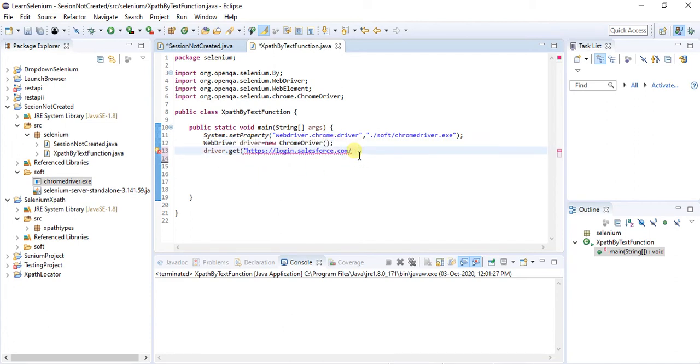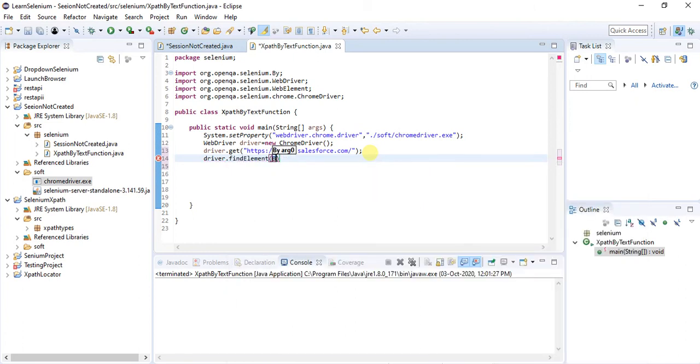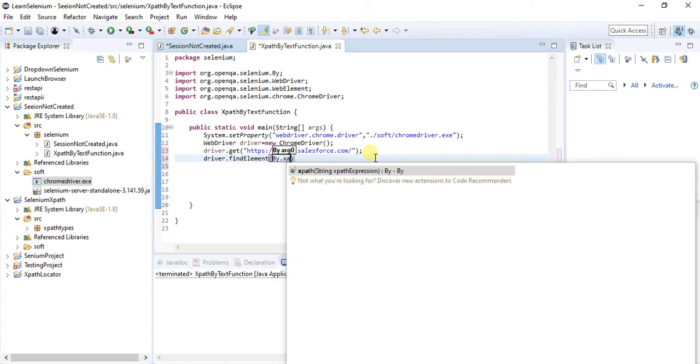I had already covered that. Now driver dot find element by dot XPath.